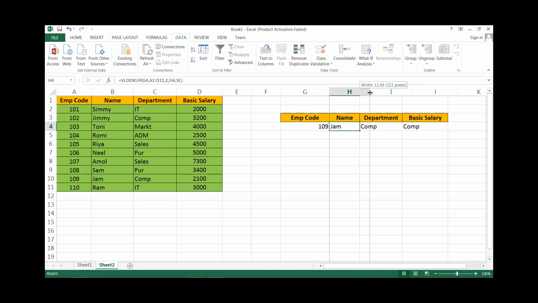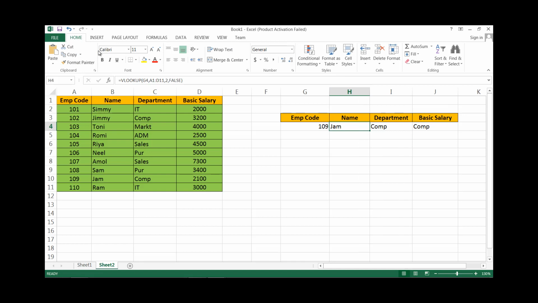Set it at center. Okay, now like this simply you can create drop down list and create a formula. But here one problem arises. Suppose I want to store one more record, 111.